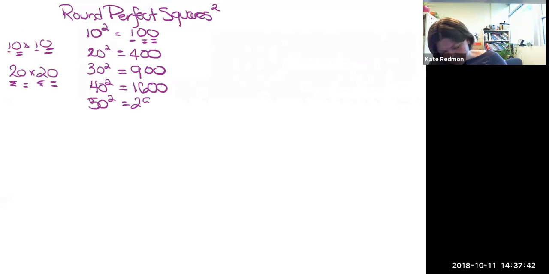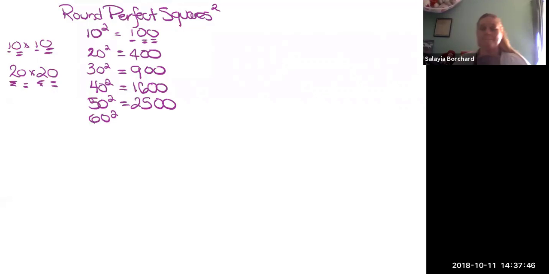50 squared, we'd get that perfect square of 5, again, with